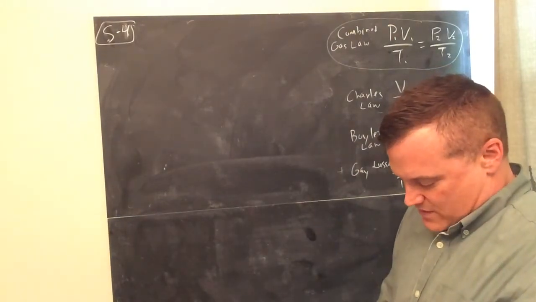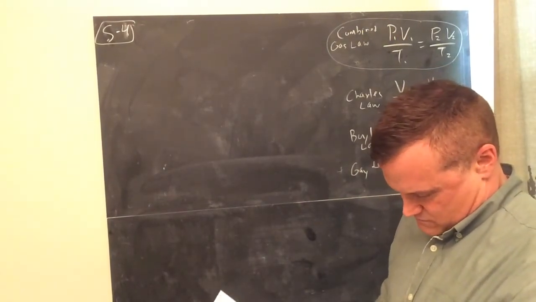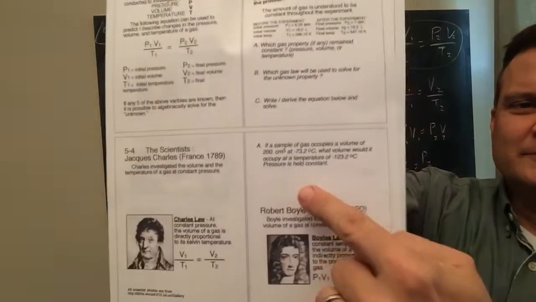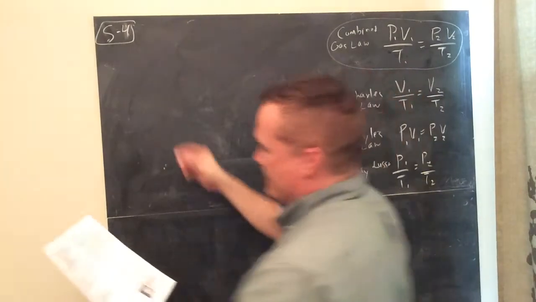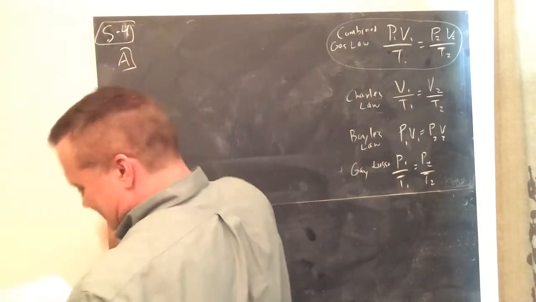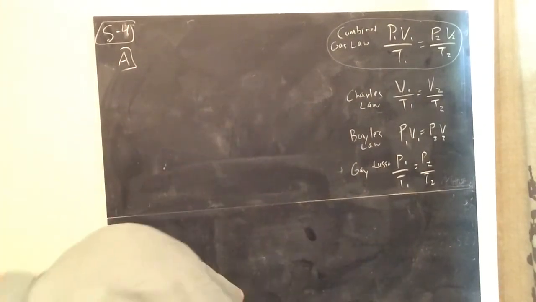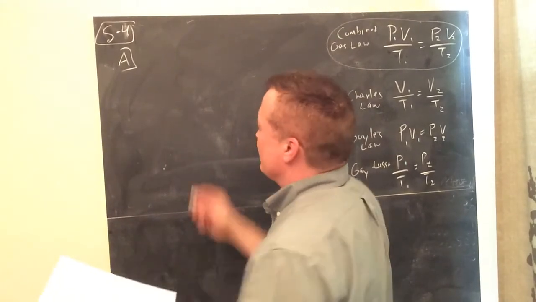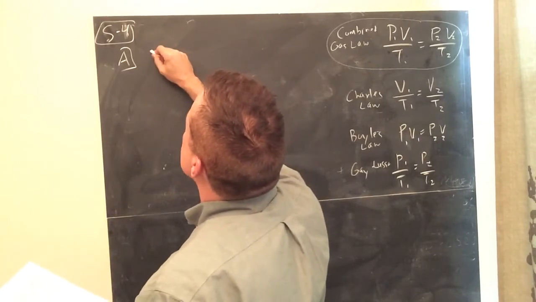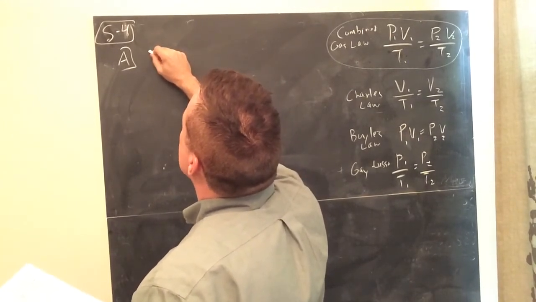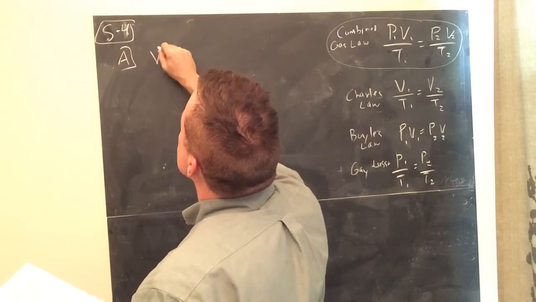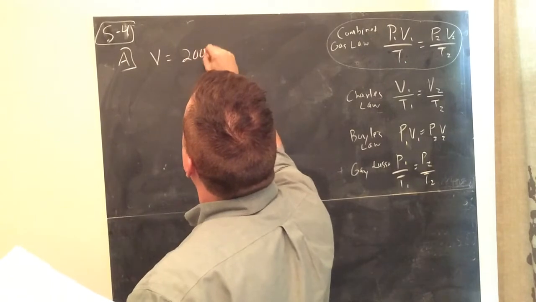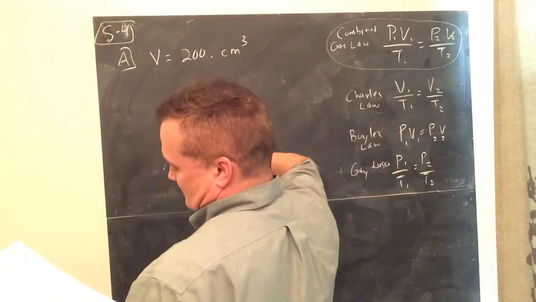Okay, so going back to 5-4, there was one problem right there, and I think I remember this calculation, it's kind of an easy one. If a sample of gas occupies a volume, so they gave me a volume, a volume of 200 cubic centimeters at negative